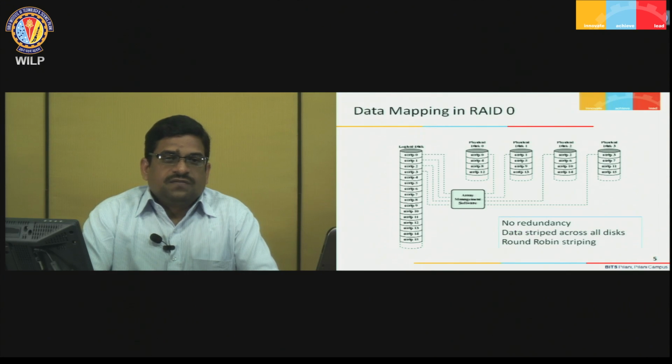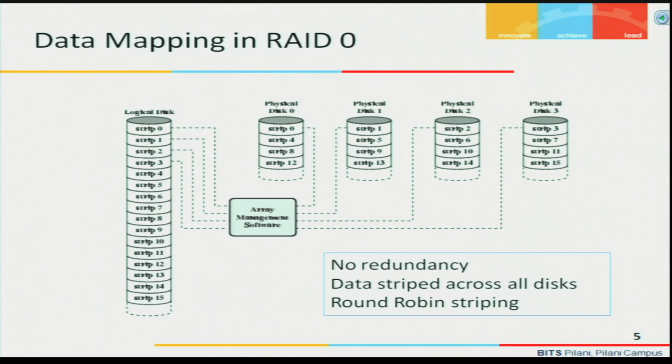So, in this connection the first RAID level is called RAID 0. How the data mapping in RAID 0 is done, we can see in this picture. So, here you can see we have physical disk 0, disk 1, disk 2, disk 3, 4 disks are there, and data is distributed in the form of strips. Here I am saying strip 0, strip 1, strip 2, strip 3 and so on. So, data is distributed across the disks,